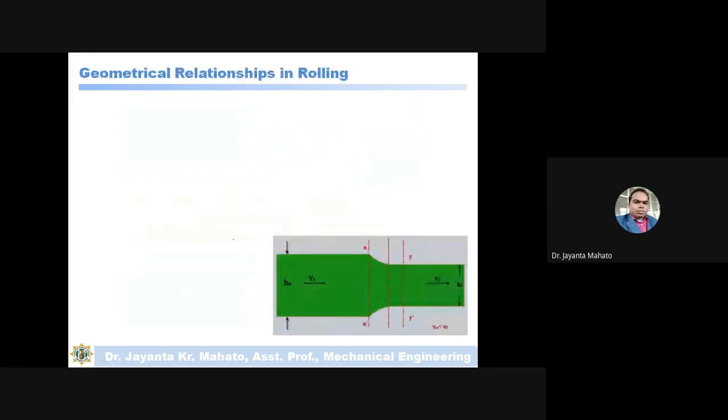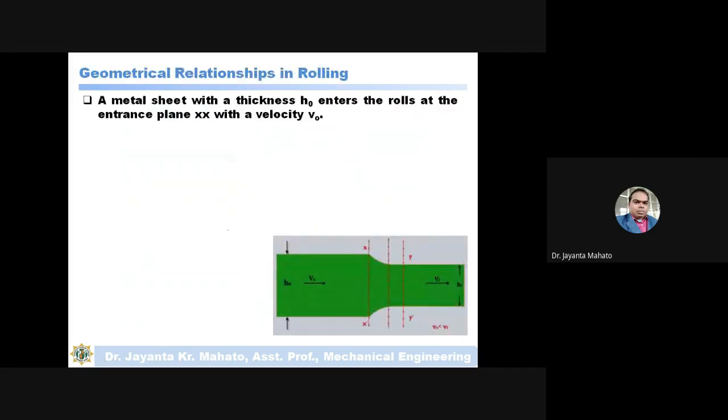So the metal sheet with the original thickness H naught enters the rolls at the entrance plane.